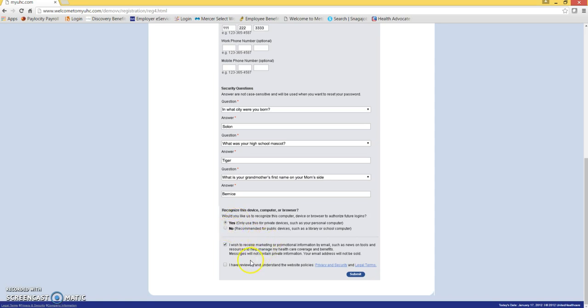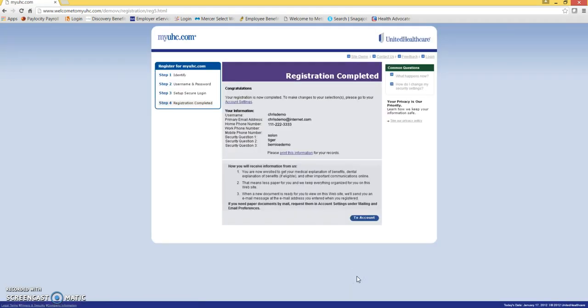The final two things are I wish to receive marketing and promotional information. It's completely optional whether you elect this or to check this one or not, but you do need to check that I have reviewed and understood the website policies. You'll click submit, and then this is basically a confirmation page stating that your registration is complete. From here, you can access your account,